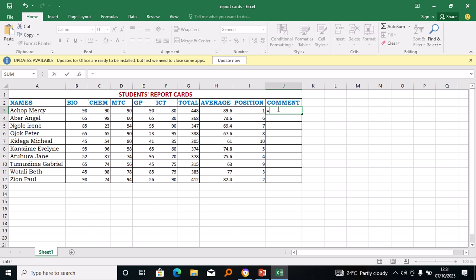So here it is. If, open bracket, this average is less than or equals to 65, comma, open quotation, good, close quotation, comma. Then if this average, oh sorry, it's an error, let's repeat it again, equal sign,